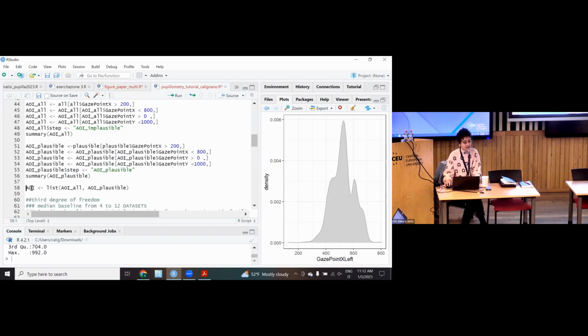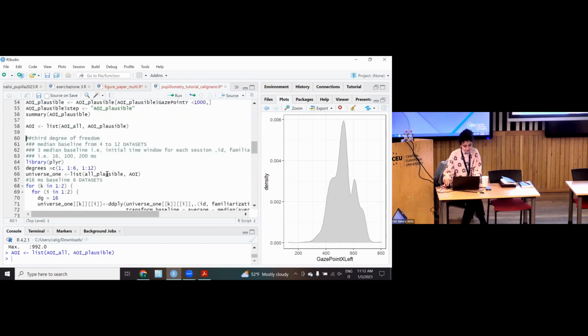And again, I create a list that I decide to call AOI, but you can call it whatever you want, listing these two datasets that derive from the second degree of freedom. Okay, so we started with one dataset. Now we are dealing with 4 datasets. Can be messy, not so messy. I mean, we are increasing uncertainty. We are facing uncertainty. So yeah, there is more chaos here, but